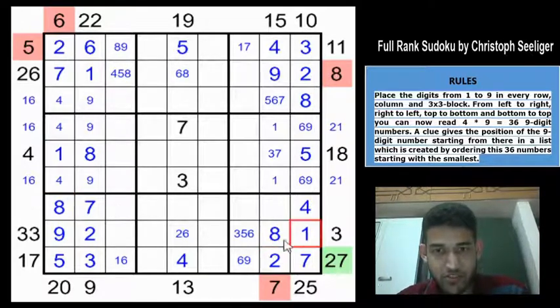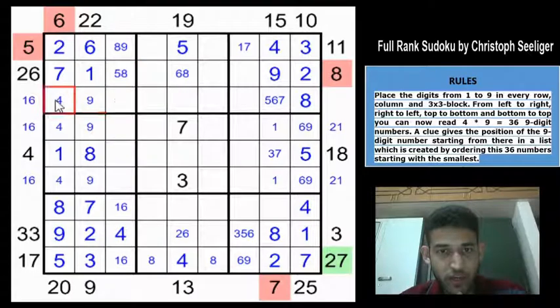And because of these two 8s, 8 must go into one of these two cells, right? And these 3 cells must be 1, 4 and 6, but 1 is here, so this is 4, 6. And because of the 4, you get a 1, 6 here, which gives the 4 here. So this is a 4, and now we can eliminate the 4 from here. This is not a 4, so this is a 5 or 8. So 4 must go into one of these two cells, which means that the 4 is going to one of these two cells because of this 4 and the 4 here.